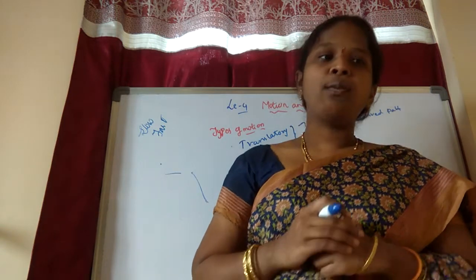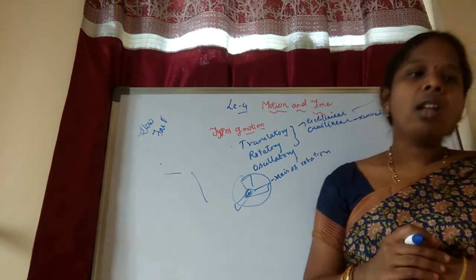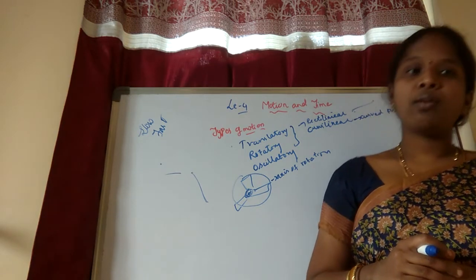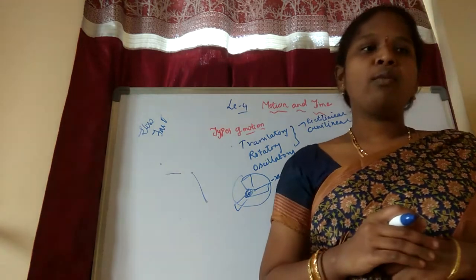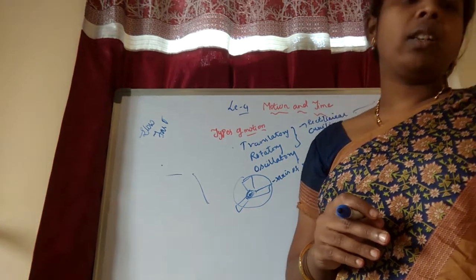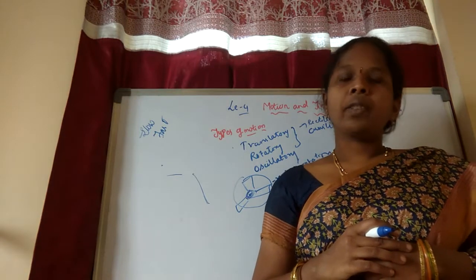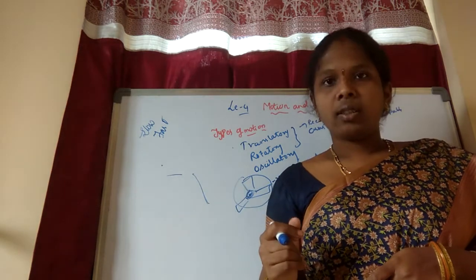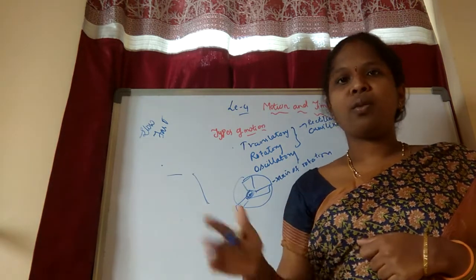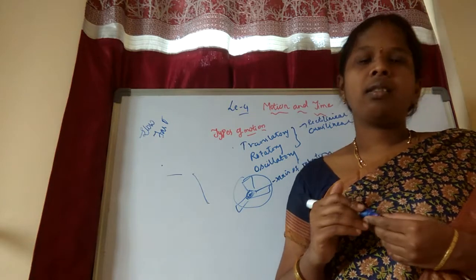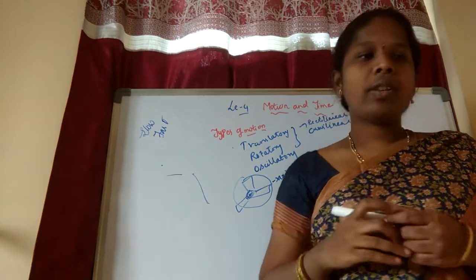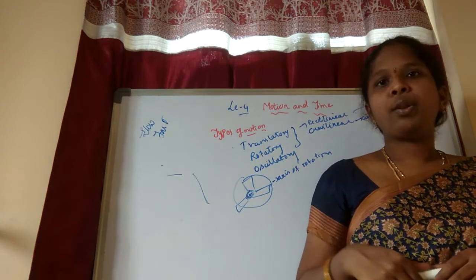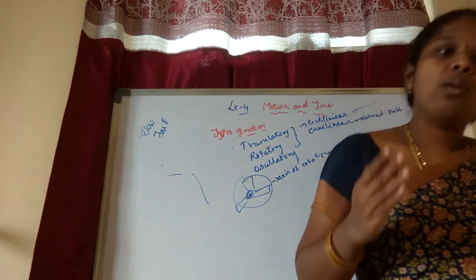So slow and fast motions. For example, an aeroplane: what can we tell, is it slow or fast? Yeah, fast. It will move fast, no? We can observe so many slow and fast movements in our daily life. For example, a train: will it move slow or fast? Slow. Bus means fast. For example, an auto rickshaw means slow. Like that, in our daily routine life we can see slow and fast.